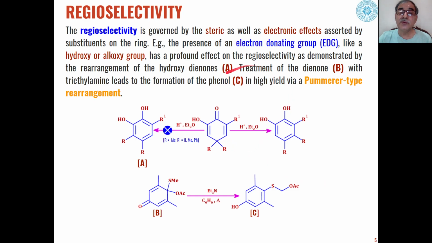Now, as I have told you in this example, that out of these two, the R group migrates to this carbon, not this carbon. This is true only when this group is a smaller group, and if this group is a sterically hindered group, like we will see in the subsequent slides,